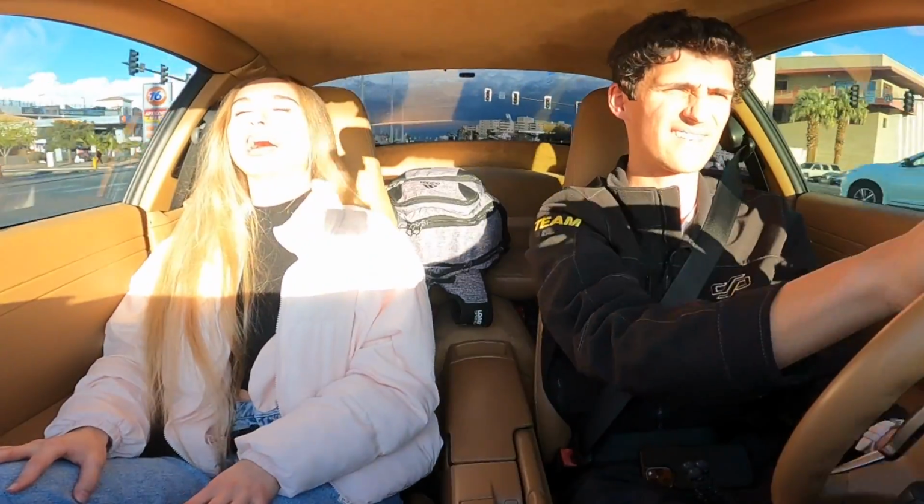I love Camaros. Are you planning to drive this to Arizona? That's the plan, back to Arizona, so I gotta not break anything. But how can I resist when...